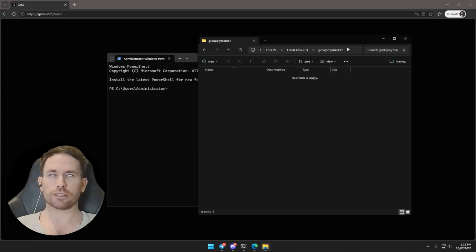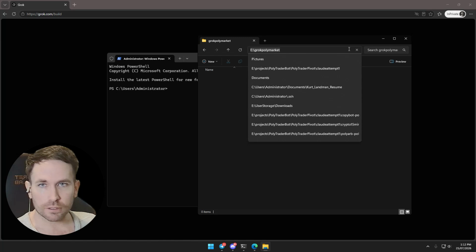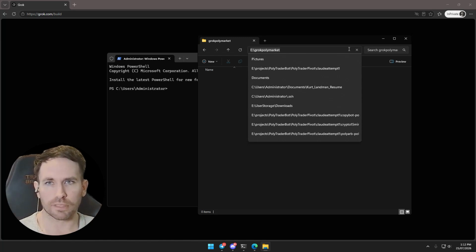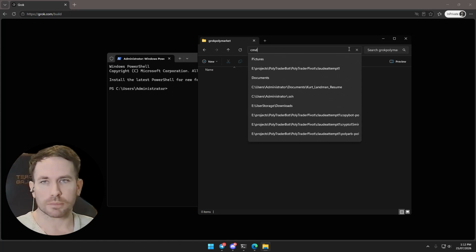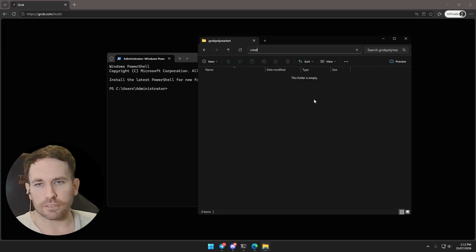But if you want the AI to work specifically in that folder, all you have to do is click the top bar, the taskbar, whatever you want to call it, and type CMD. If you hit enter,